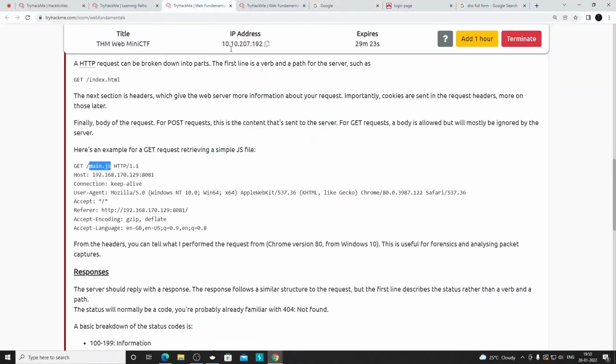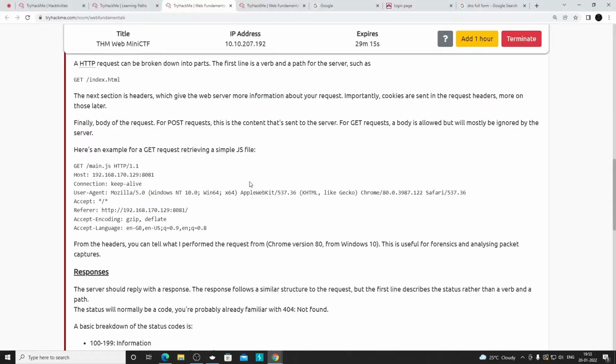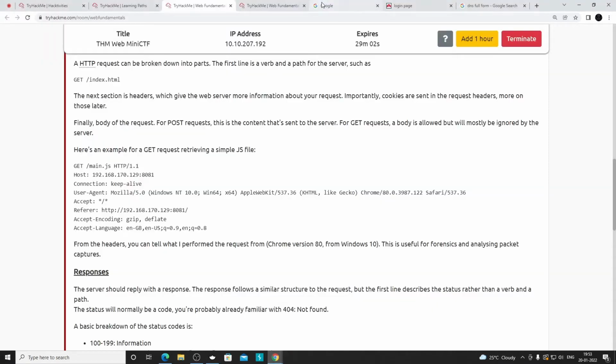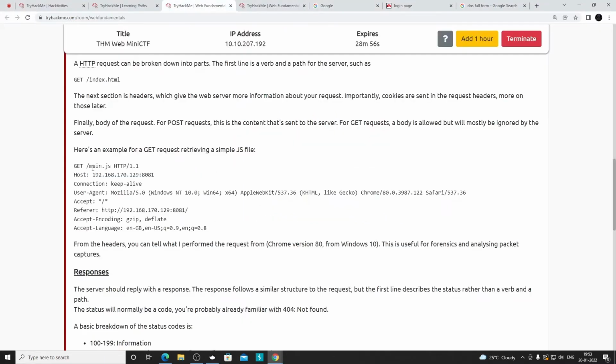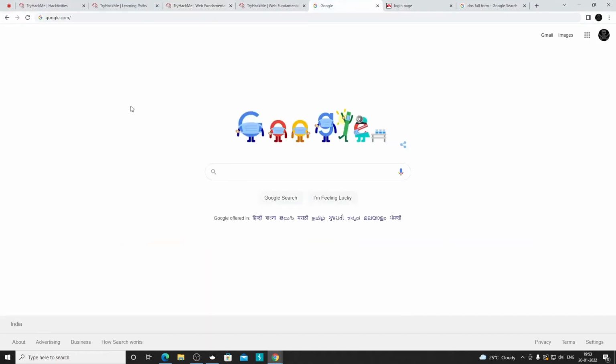So in that case, I will show you here, remove everything, it would be like GET slash only. Because we are not asking for any other file, we are just asking for the root page. In websites, this is considered the root page, meaning whatever page is there for google.com, return it. So that would be shown. I will show you.